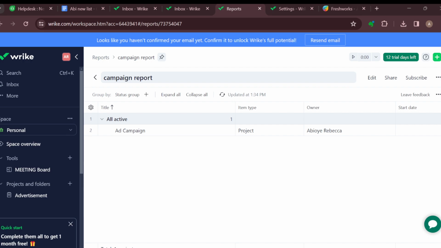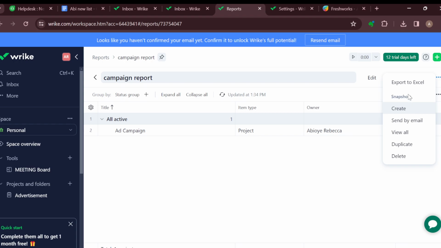All right. So after taking the snapshot, the next thing is to share the generated link with your client. They'll be able to view the snapshots without needing to log in or sign up for your Wrike account. Okay. So you can see, to create the snapshot, move to the top right corner of the screen here, next to subscribe, share, edit, and then click on the more options button. Then click on snapshots,